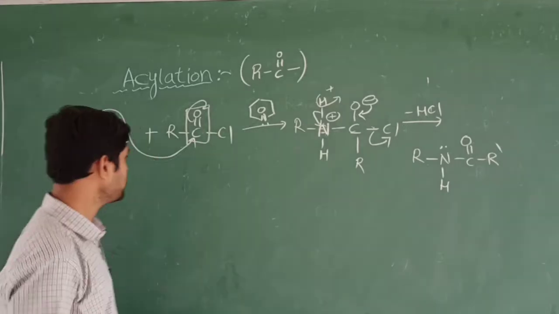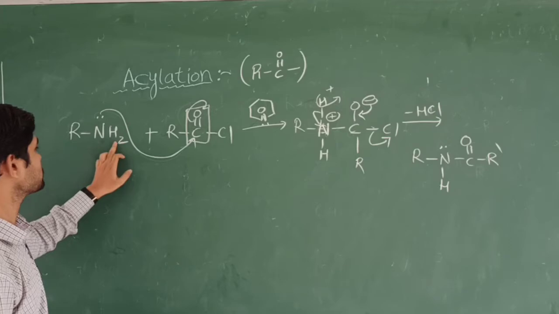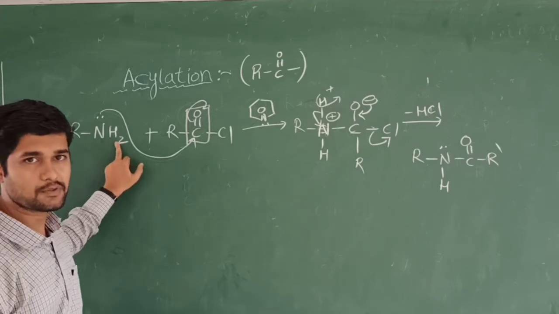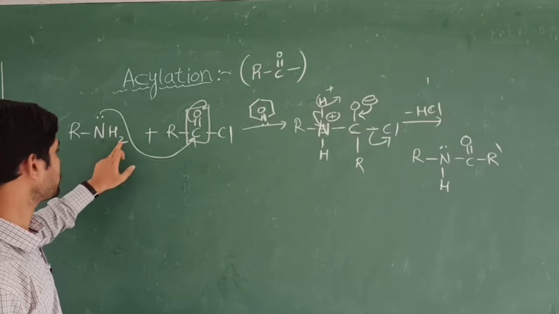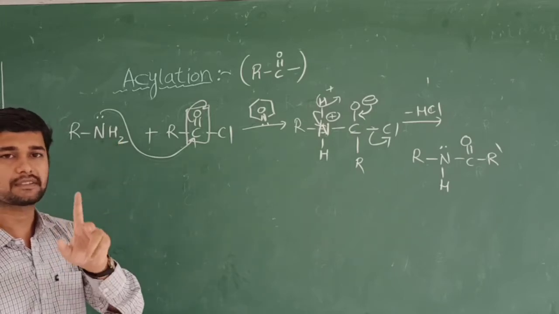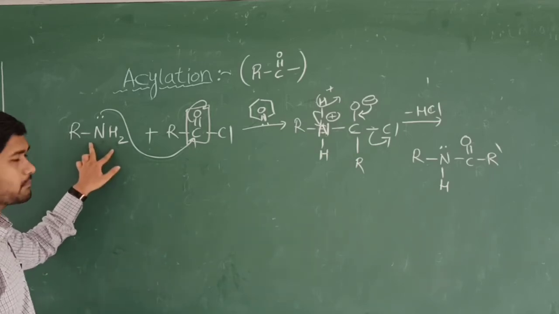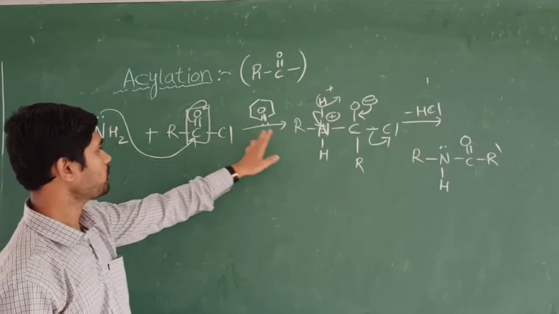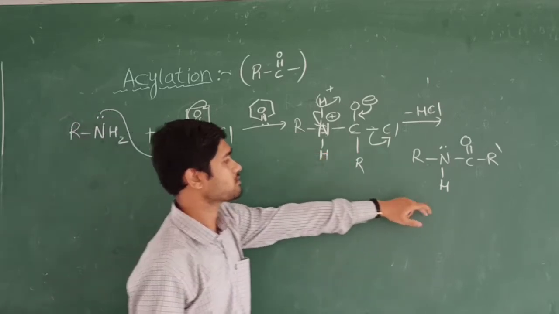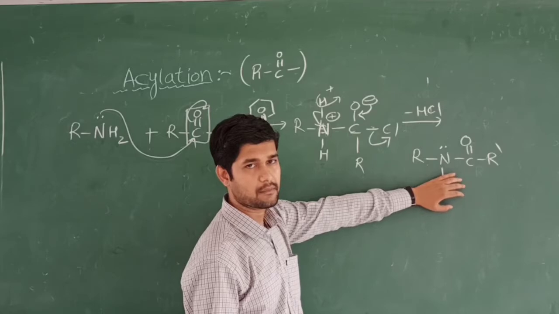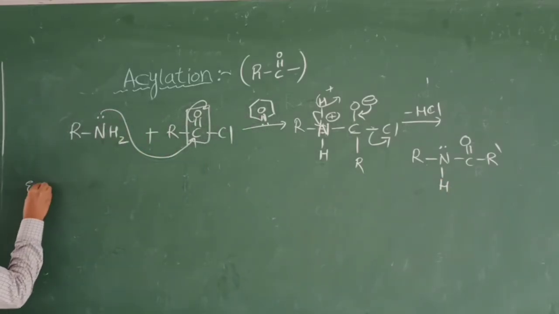I can do the example, and you can also use secondary amines. Secondary amines are the same as the primary amines. Instead of 2 hydrogens, you use only one R, that is a secondary amine. One hydrogen is replaced with an R group, that is an alkyl group. The remaining bonds are taken as they are. Here R will be there, and here also R will be there. So that is also called secondary amines. Both are the same.